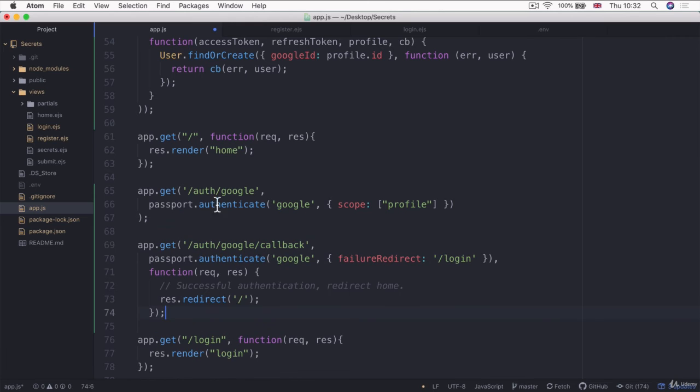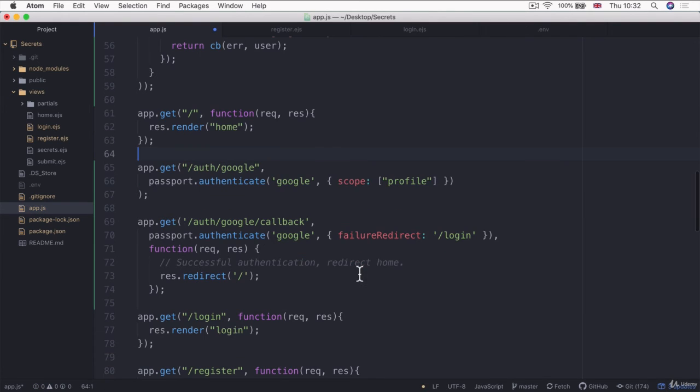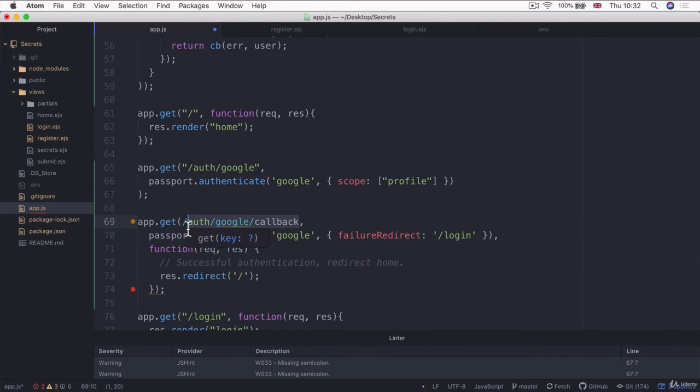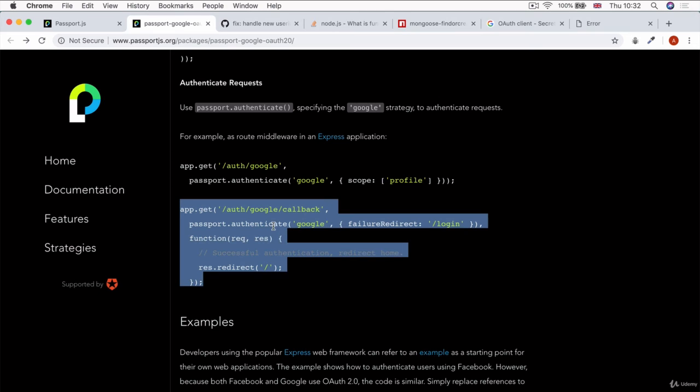other app.get. And I've just noticed that this is also single quotes. People are very inconsistent when they type JavaScript, but I like to keep it all the same just so it doesn't confuse me. And we're also going to change it here. Now, notice here that the route is /auth/Google/callback. We have to make sure that this gets changed to the route that Google actually tries to hit up,